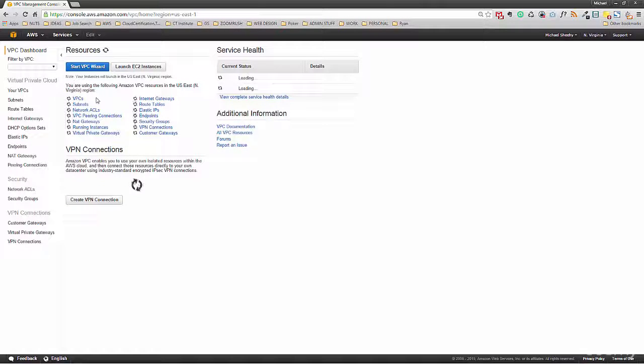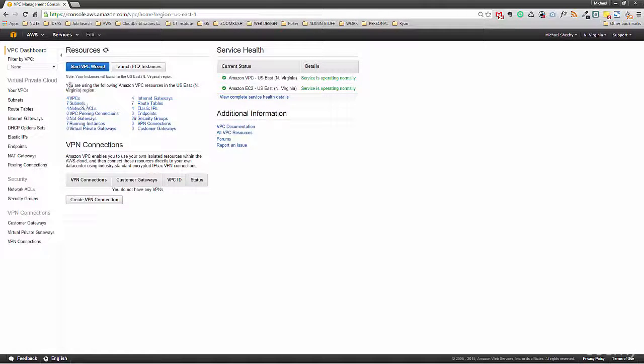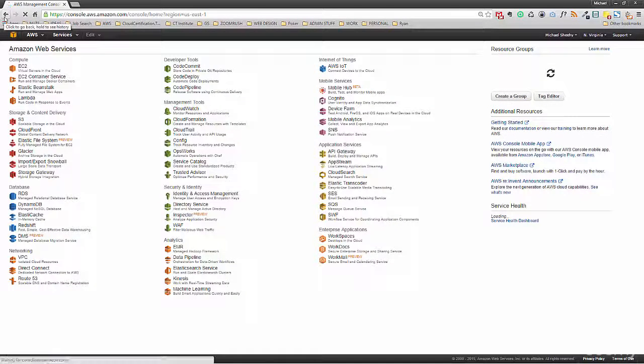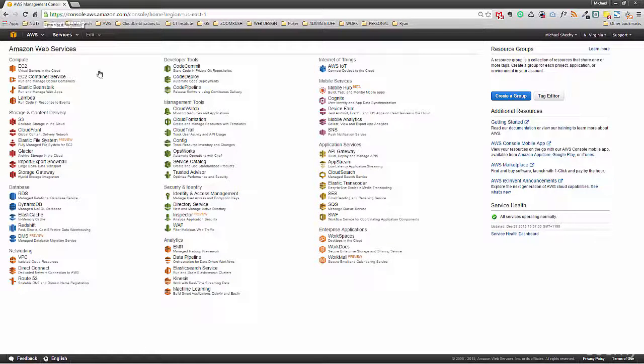Click on VPC to get you to this screen. If you don't already know how to get here from the main part of the Amazon Web Services console, I'll show you. It's pretty much down here under networking. That is VPC, isolated cloud resources,